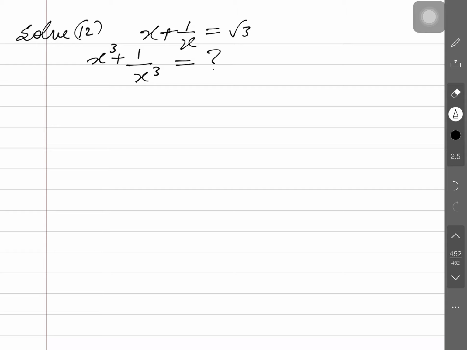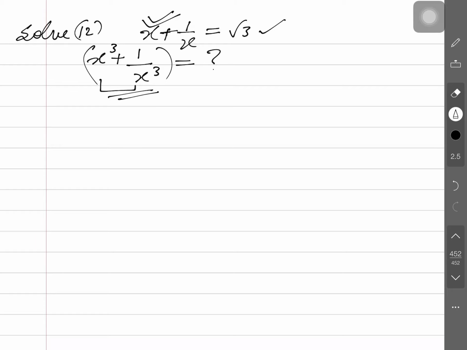This is okay. How can we find out this? Tell please. So, we can find it in a very simple manner, right? The expression here is x cube plus 1 by x cube, and there is x plus 1 by x, and here cube is also there. So, very simple that we can simplify the expression. Here, can we put the value of x directly? Obviously no. So, we have to simplify this in this format.